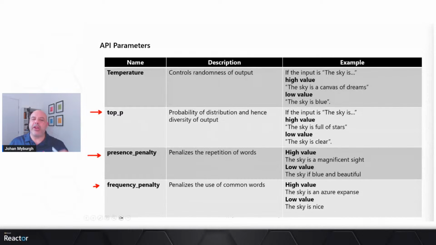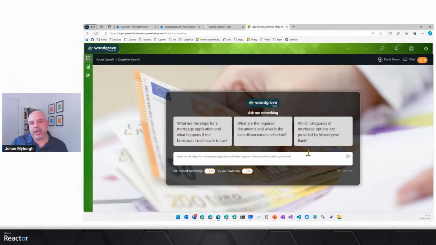Presence penalty and frequency penalties are additional parameters that you can include that will ensure that, for example, under certain circumstances, you don't mind if you see the same word twice, right? So for example, once again, with this application of ours, if I'm looking at instructions for an end user, I want this to be consistent. I want it to use the same words. I don't want it to use a brand new word every time I ask it the same question, right? So for something like that, you will also